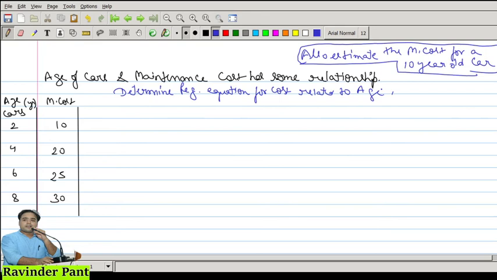So it means which is dependent and which is independent, you tell me. The maintenance cost is dependent. Okay, so let us mark it as y and this as x. So we will be calculating this y on x. Does it make sense? Yes, sir. Okay, so we'll be taking it as y on x, and to calculate y on x regression equation,